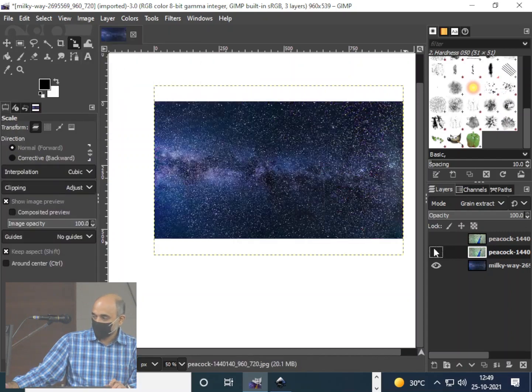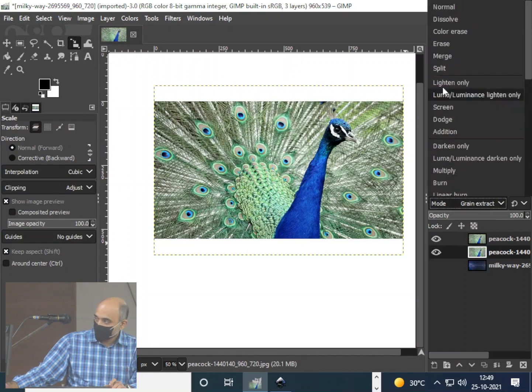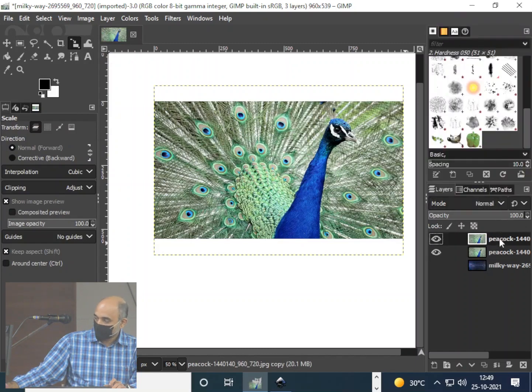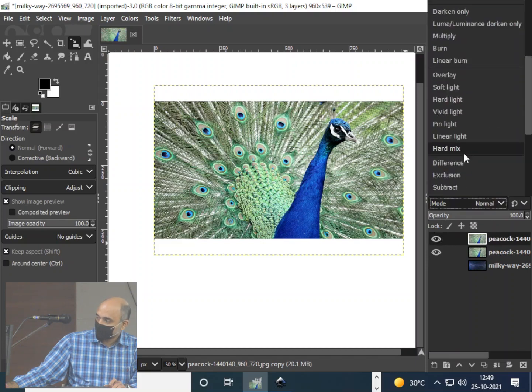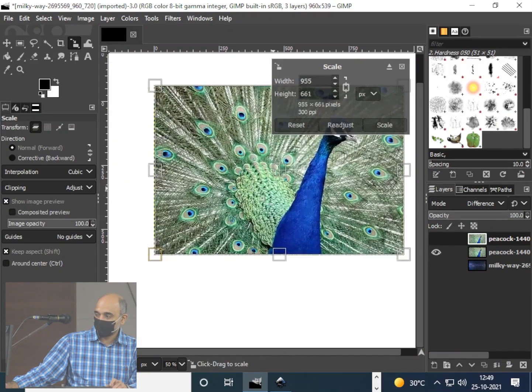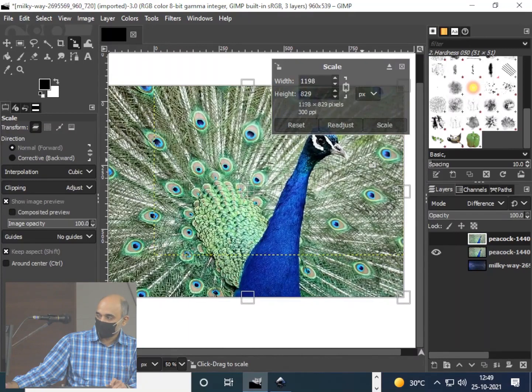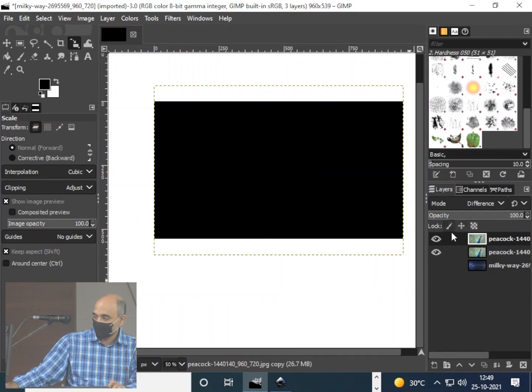Scaling is much more visible if I do it on... Okay, what I am doing, the top image I am scaling. I have scaled it. So there is an option called scaling. Scaling is to resize.